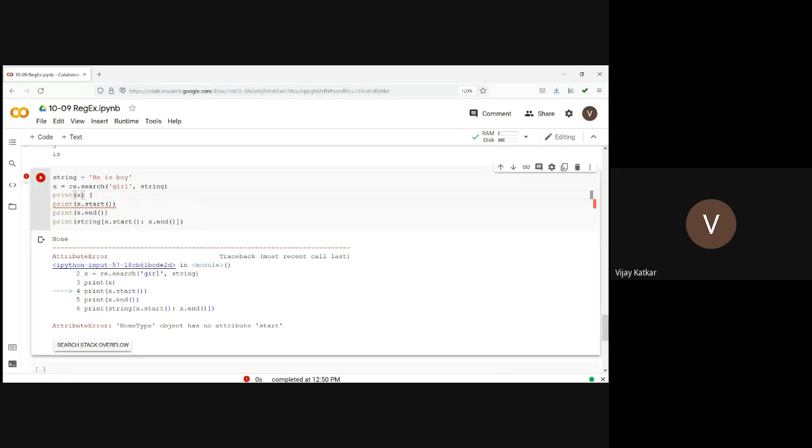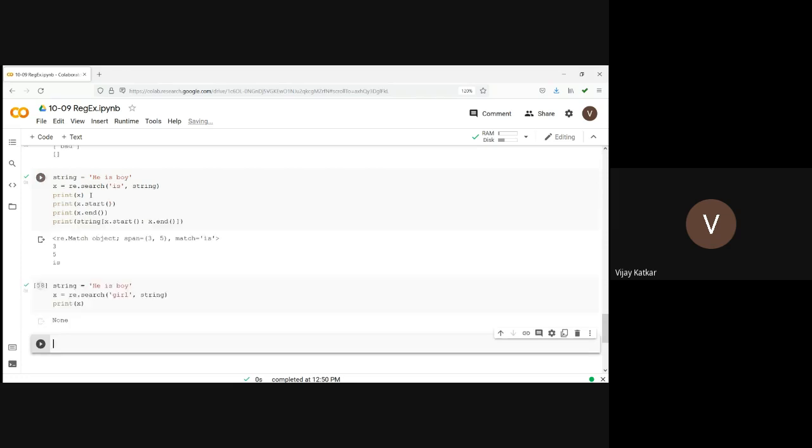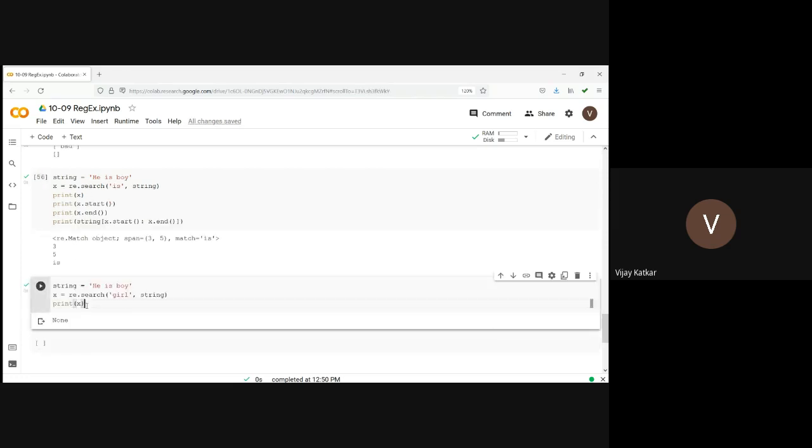Okay, NoneType object. It says None. So how can I check whether a particular word is there in a string or not?